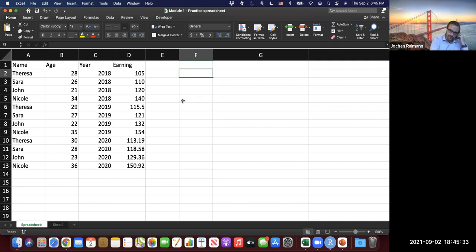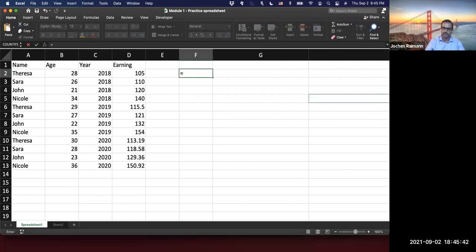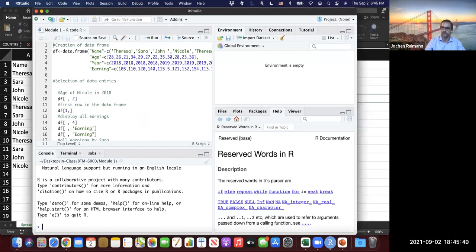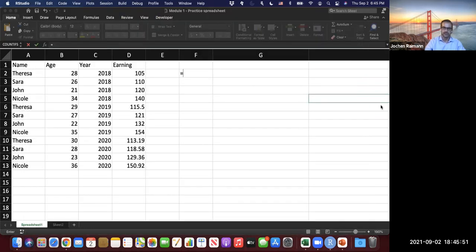You will do functions by creating an equal sign, and doing that equal sign will essentially allow you to add any form of arithmetic exercise or a function. So if you do equal,